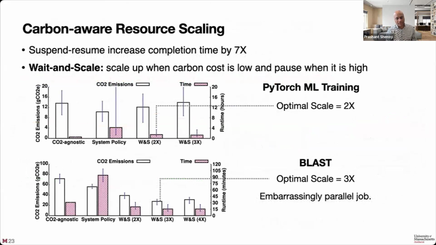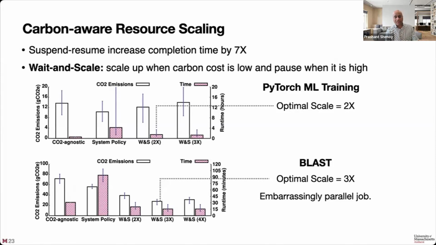There are many bars here. There's a carbon agnostic policy, there's wait a while, which is the system policy, and there are two bars that are essentially scaling using ecovisor. The white bars are carbon emissions, lower is better. Okay? And the pink bars are essentially the time the job took to complete. Again, lower is better. You will see that carbon agnostic do nothing policy has the highest carbon emissions, but the